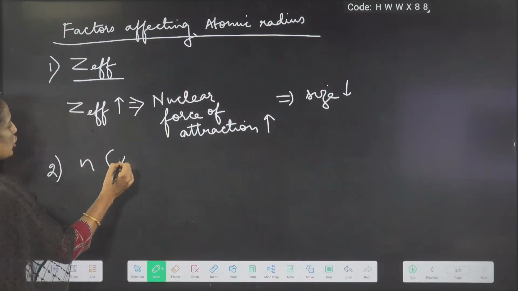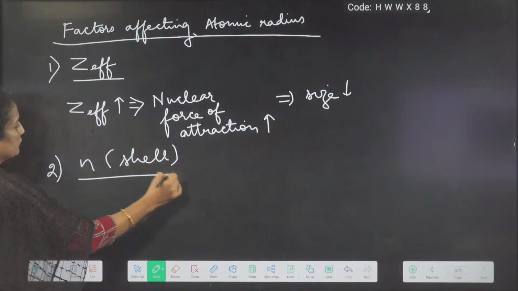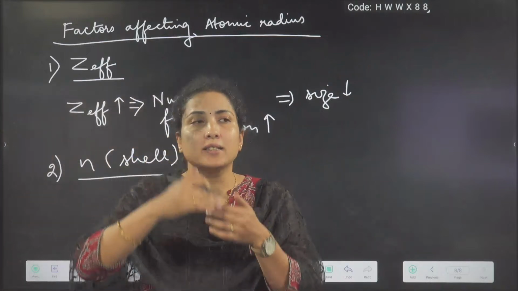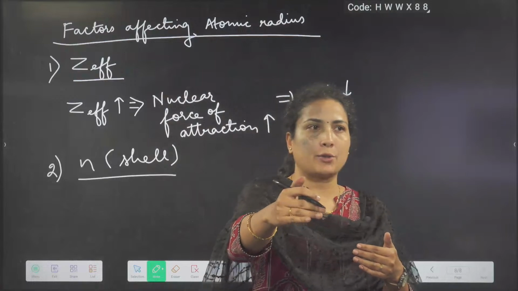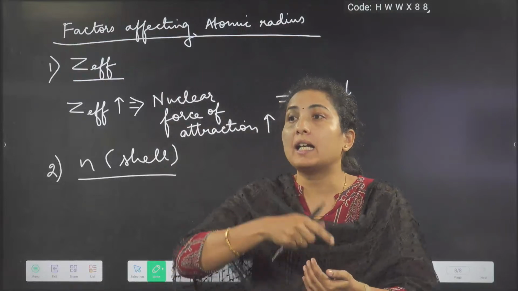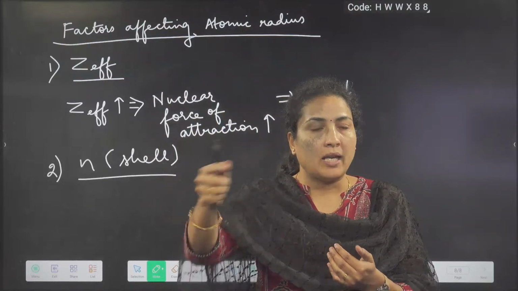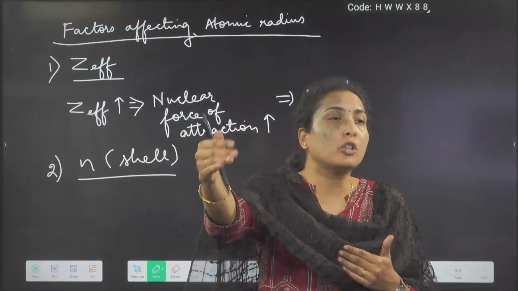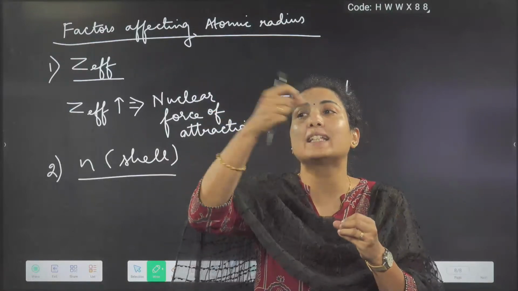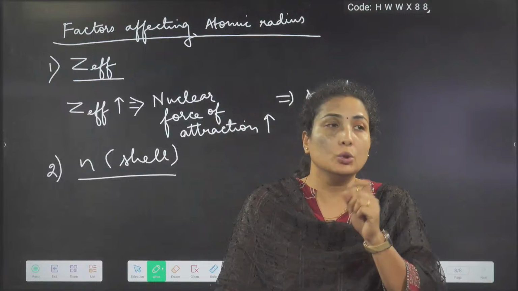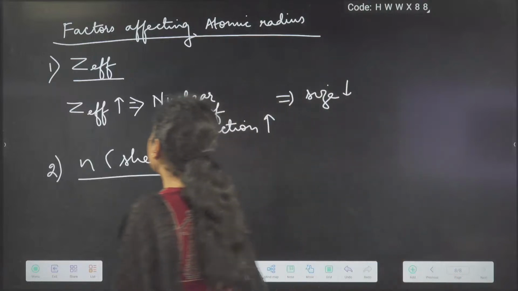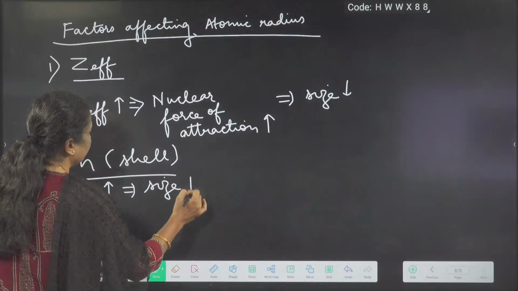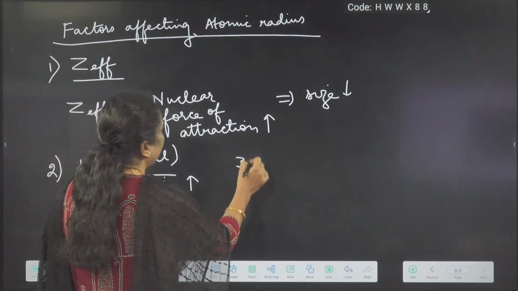Second one is shell. If the shell keeps on increasing, then the distance of the outermost shell electron from the nucleus will increase, and hence the size will increase, because that outermost shell electron is feeling less force of attraction from the nucleus, right? So if n increases, then the size increases. Okay. Third point I am writing here,